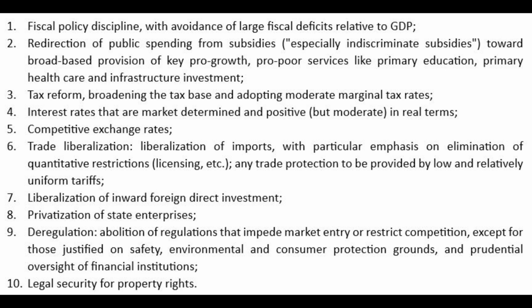Redirection of public expenditure towards health, education, and infrastructure. So we've looked at the evidence for the importance of all of these types of spending, especially education. Tax reform, including broadening of the tax base and cutting marginal tax rates. So these are aspects related to trying to promote incentives and connected to the notion of property rights, that private owners should be able to reap a large proportion of the returns from their investments by not having extremely high rates and very variable rates for different types of investment or activities that can give rise to corruption.